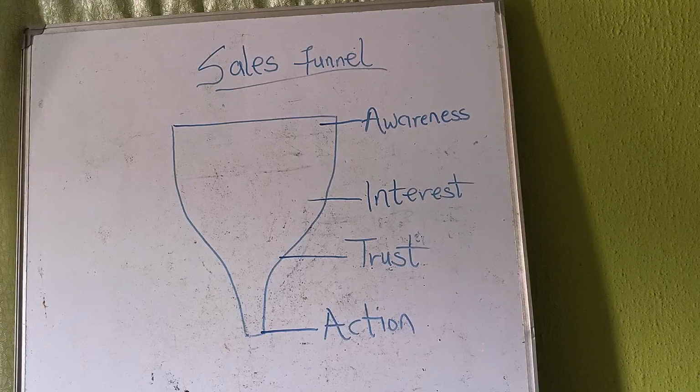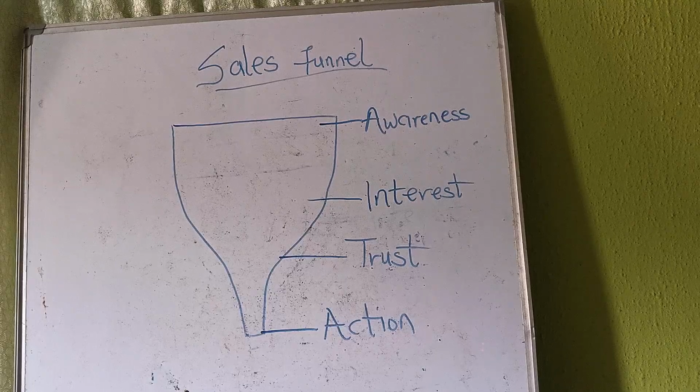So what happens at this stage is they are ready to DM you, they are ready to click to register or to buy from you. They just need clarity and confidence. Okay. So your goal at this stage is clear direction. So the kind of content that works here is clear offers, step-by-step explanations of how to work with you, strong but honest calls to action, limited time or outcome-focused message.